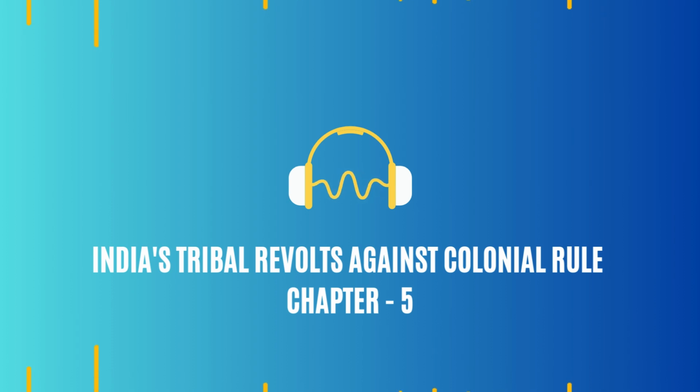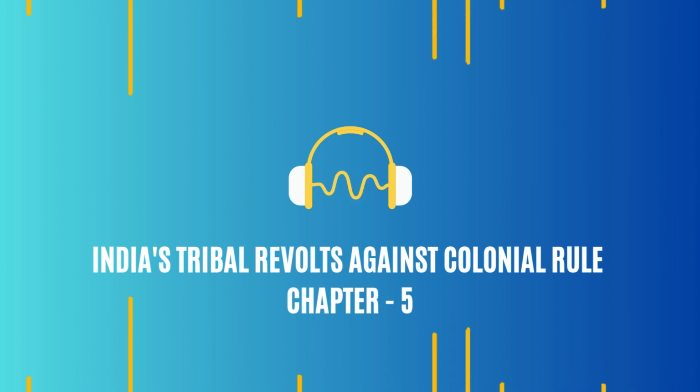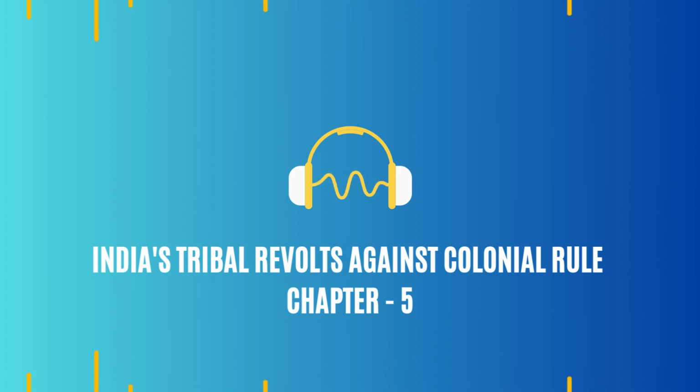He realized the British policies, especially the Madras Forest Act of 1882, were the root cause of their suffering. Madras Forest Act of 1882. What was wrong with it? This act made tons of forest land government property, restricting tribal access to resources they needed to survive. Suddenly, they couldn't collect forest produce, practice their agriculture, hunt, all the things they had done for centuries. It sounds bad. It was.